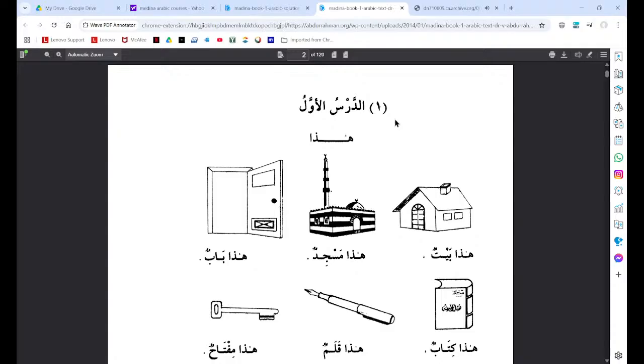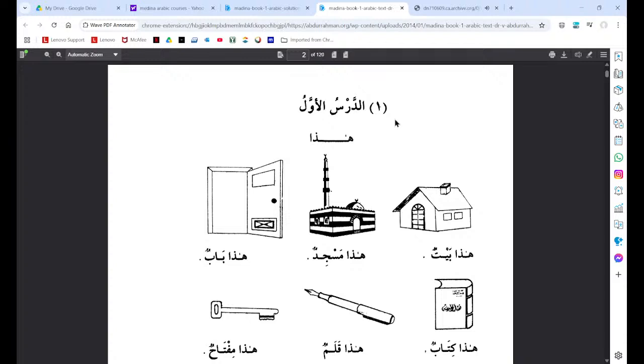The first example would be past tense, kataba. So when you see a three-letter word and all three vowels are fataha, this is masculine past tense. So kataba, he wrote. Qara'a, he read. Dhahaba, he went. Al-fi'l al-madi, the past tense verb. The present tense is what we call fi'l mudari.